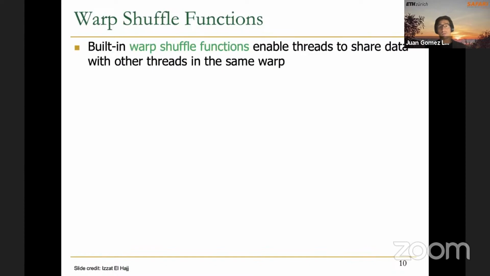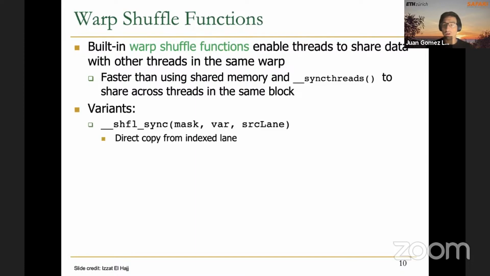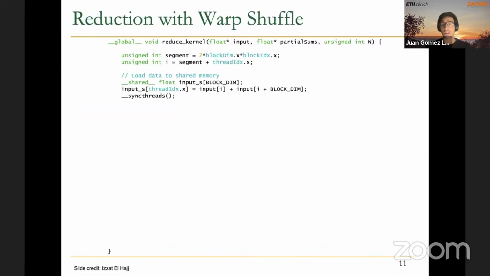So warp shuffle functions are a way of sharing data among threads belonging to the same warp without using shared memory and without using sync threads. And these warp shuffles are expected to be significantly faster than the access to shared memory and the use of sync threads. There are different variants, as we discussed the other day, and this is the reduction with warp shuffle